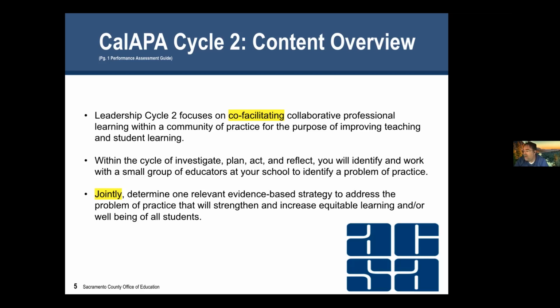And with that, you're going to have to determine an evidence-based strategy to use for a problem of practice. Now, let me be clear on this. You can use the same problem of practice you used for Cal APA 1, but you do not have to. And here's what I want you to understand about that. The reason you don't have to is you may have picked something for Cal APA 1 that you have no